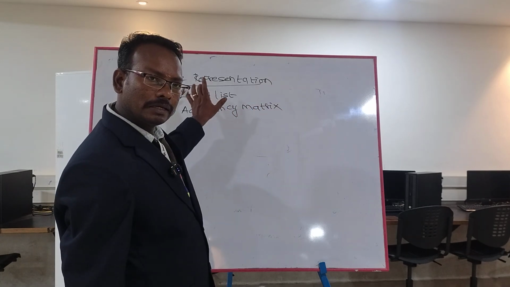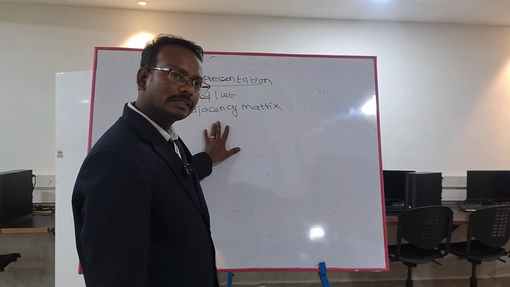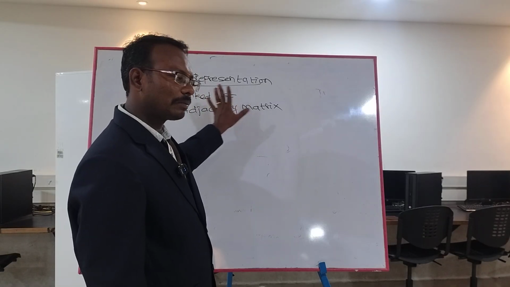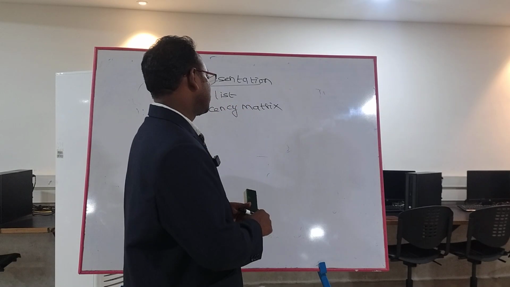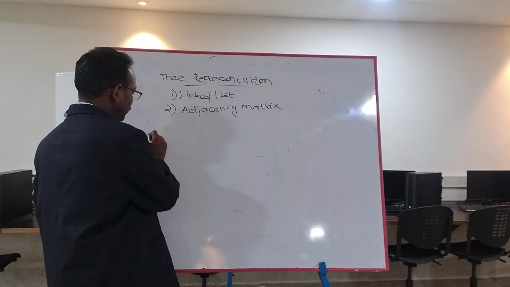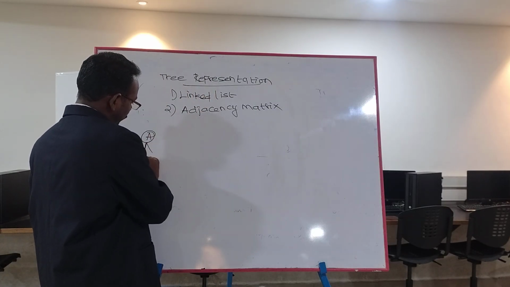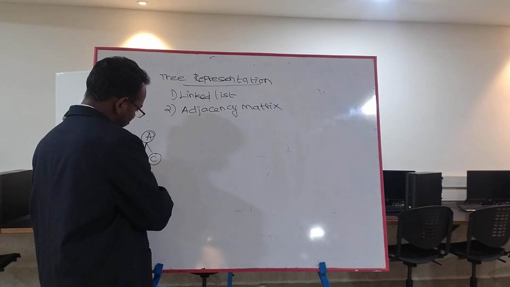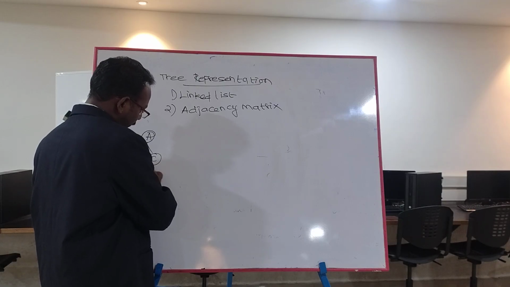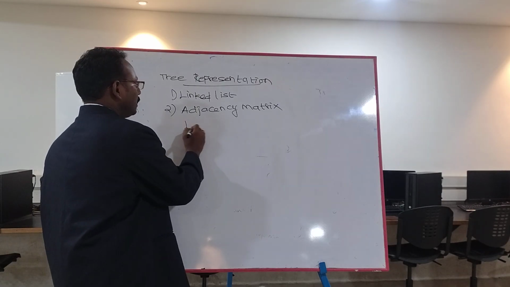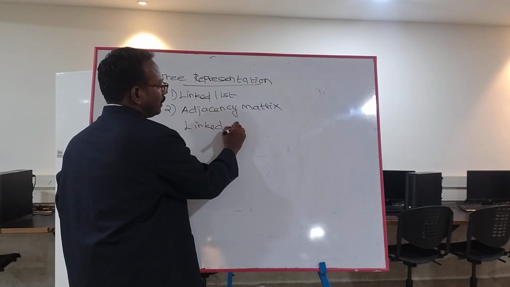One is linked list and the other one is adjacency matrix. This is the two ways of representing the tree. For example, we consider a tree A, B, C. This is an example of a tree which we will represent in the linked list like